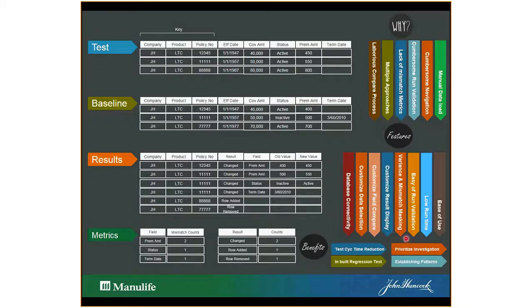And also we added to the tool some type of masking. Sometimes we know, okay, the premium is going to mismatch, like $50 is okay. Up to $50, sometimes the decimal is what we focus on. If the mismatch is in decimal, we want to mask that because it could be calculation variance. So we had the ability to mask certain levels of variances,